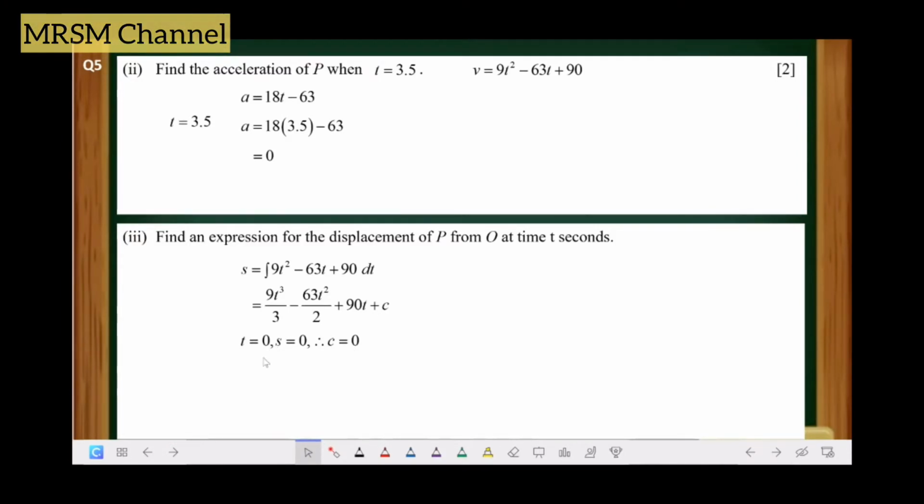So kita pun tulislah balik dia, rewrite S is equal to 9 and 3 can be simplified. And this one 63 over 2T square plus 90T. Biarkan dia 63 over 2 because this one dia kalau ni dia dapat decimal number kan. So tinggal je lah 63 over 2T square. No problem. Alright, so this is your S. Okay. Alright, so S kita. So after you get this one,